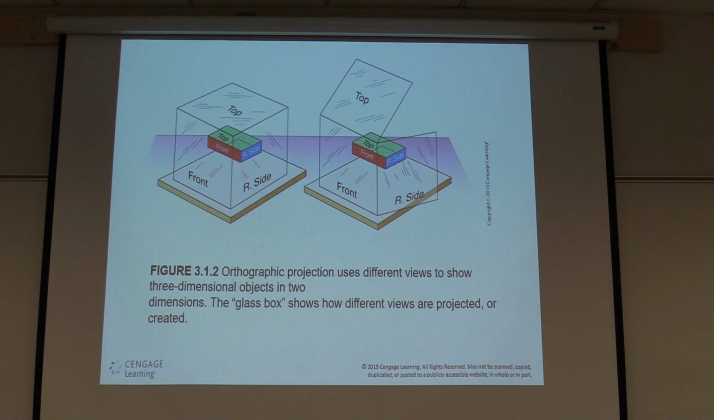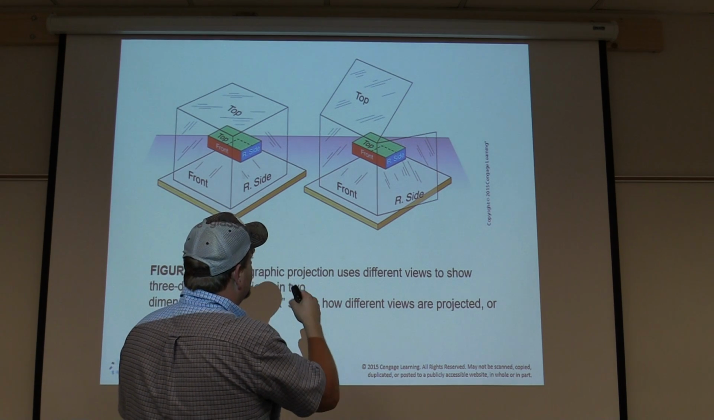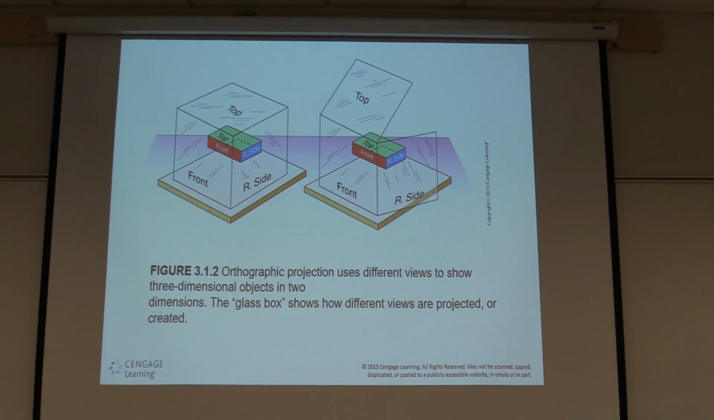So we're now on page 204. Follow along on that left-hand column. Top paragraph, you'll see in italics orthographic projection. Different views to show 3-dimensional objects in 2 dimensions. So 1